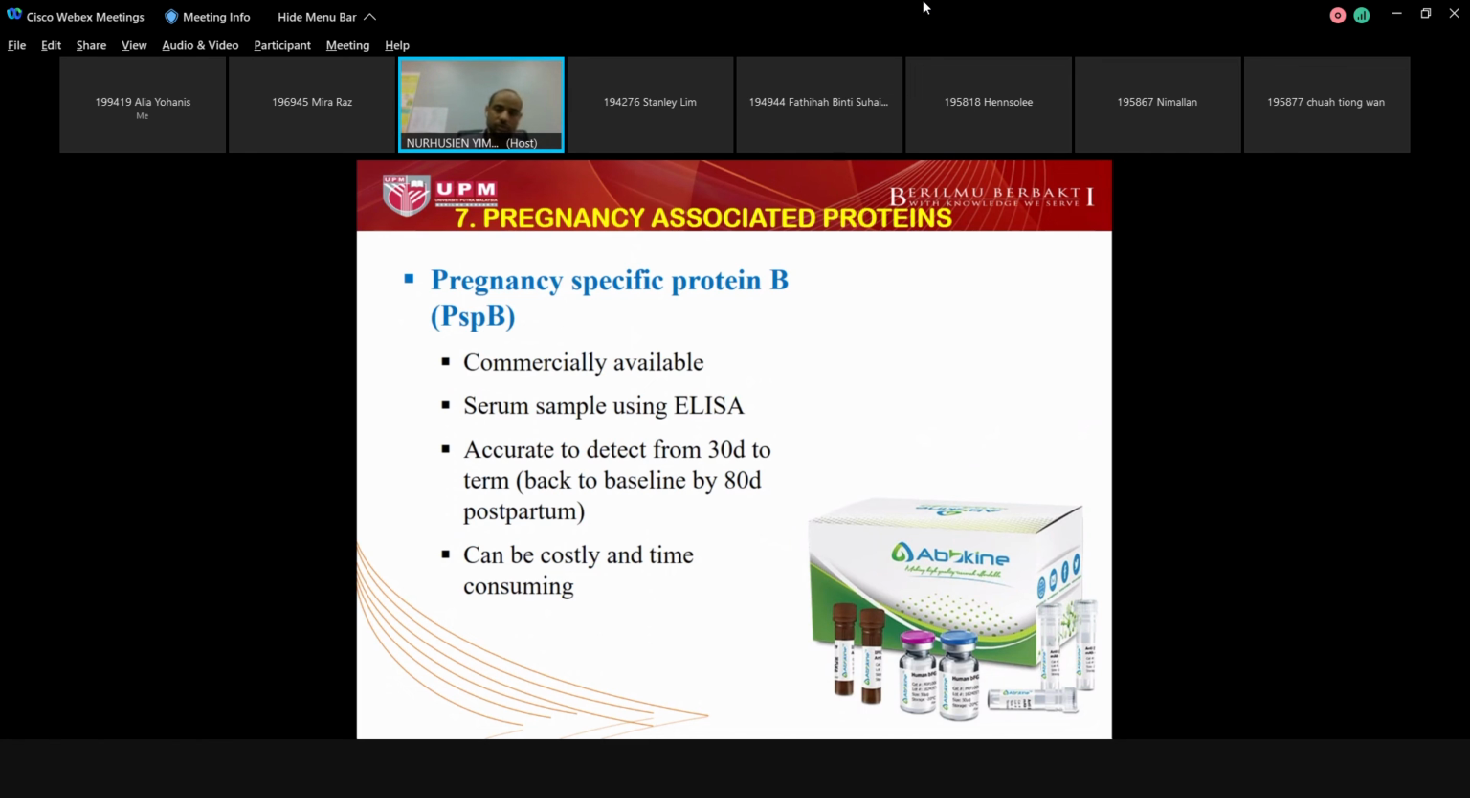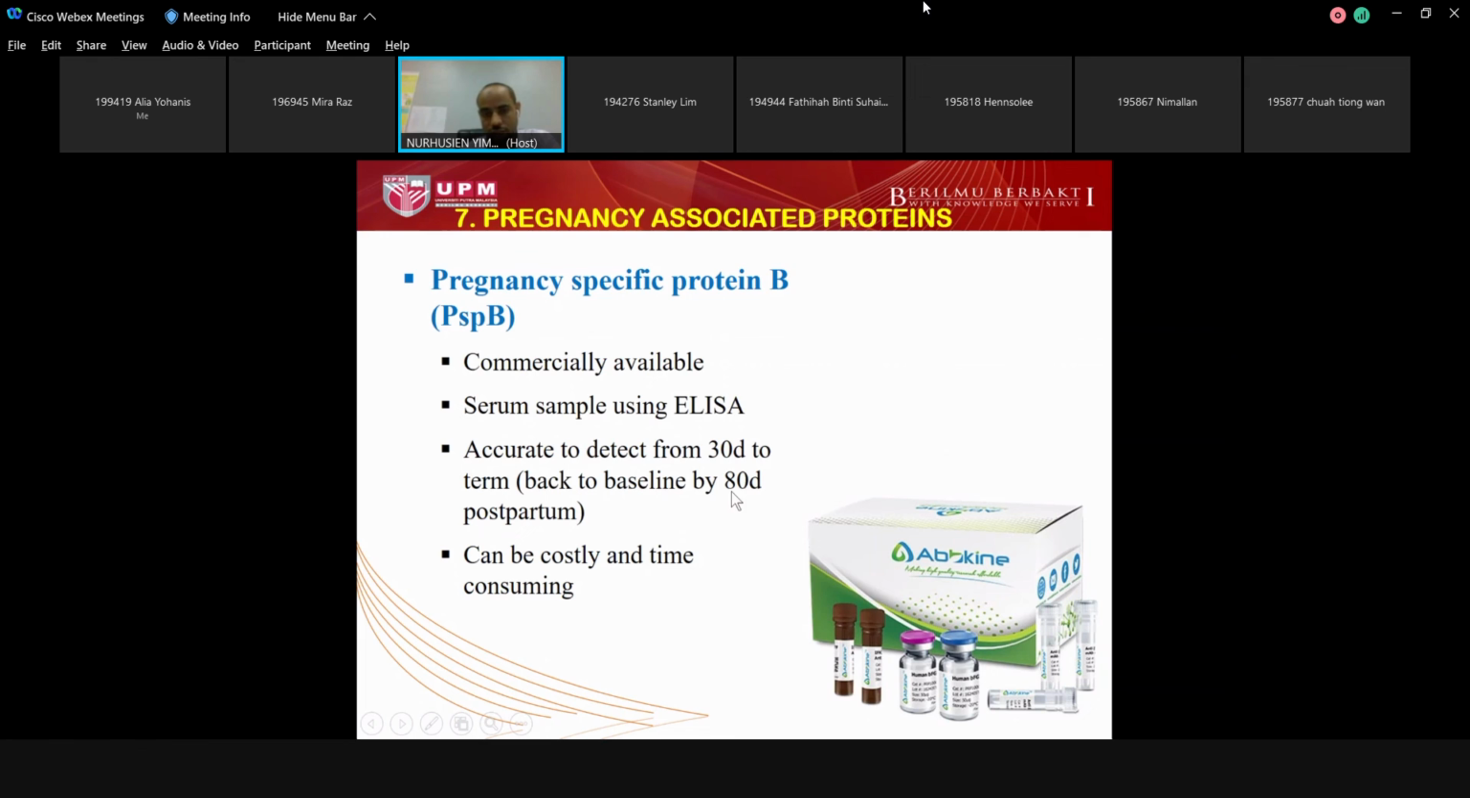So another method of pregnancy diagnosis is also by measuring pregnancy-associated proteins, produced usually by the placenta. One of them is this pregnancy-specific protein B, which has been commercialized to be used for testing. And similar to progesterone, you can use serum samples to analyze using ELISA. And this method is accurate to diagnose pregnancy from day 30 post-mating until the end